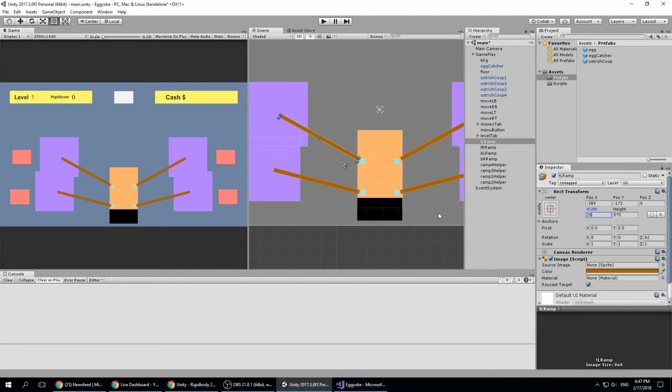It could be 1 pixel wide, if I'm not mistaken. Let's go for length here. Let's go for, I don't know, let's just say 625, 6 and 6,